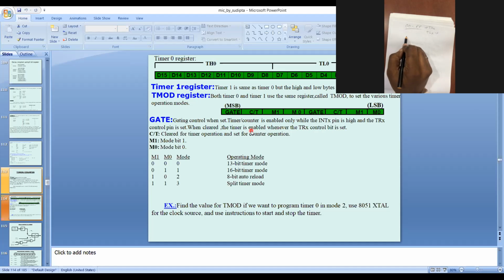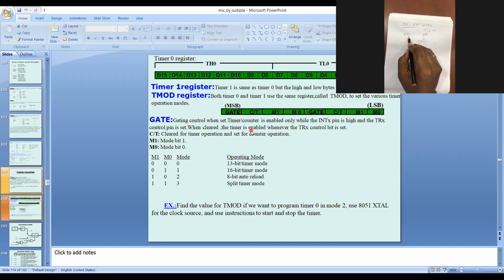Say I am counting from AB, so I need a small delay, so it will count from AB up to FF. After FF, it becomes 0, 0.